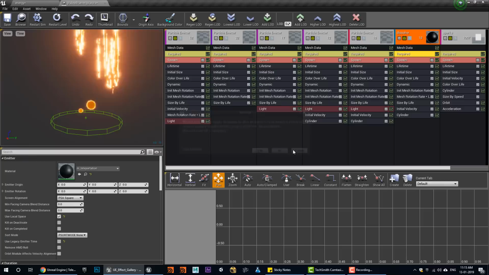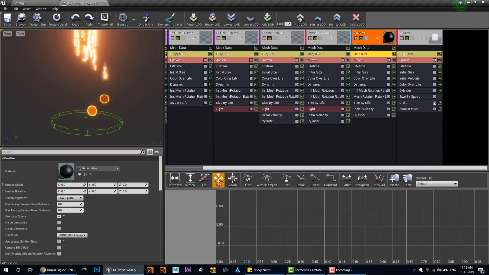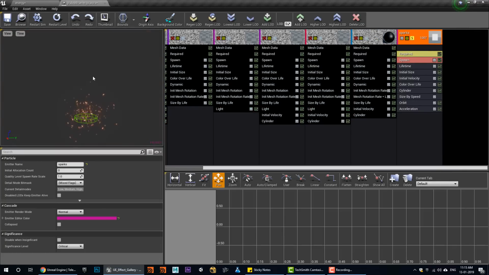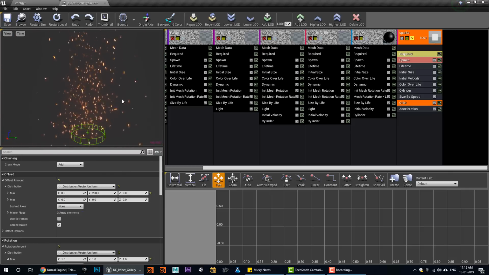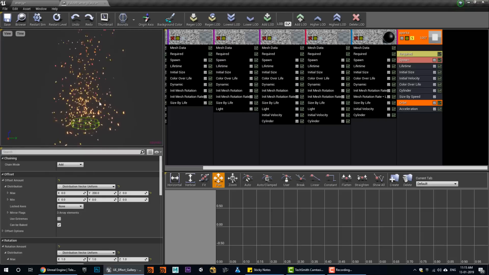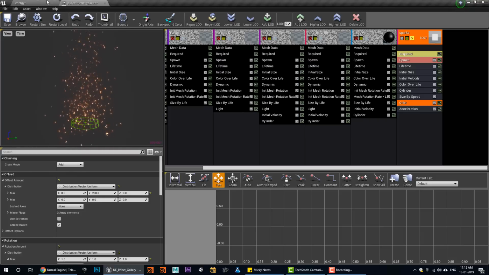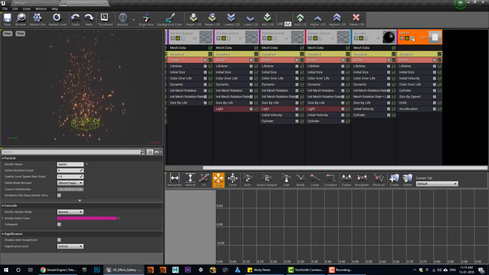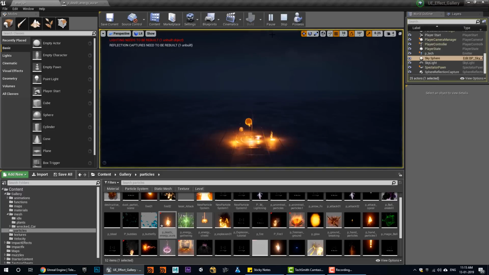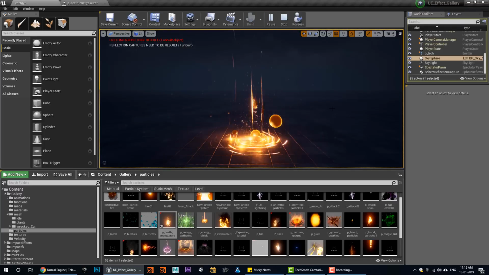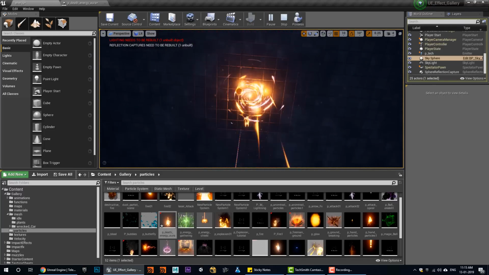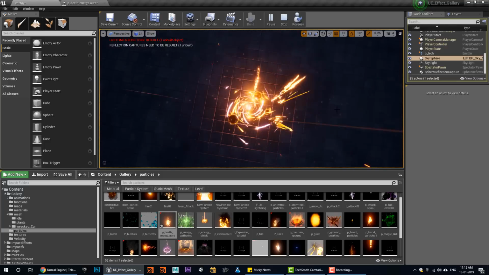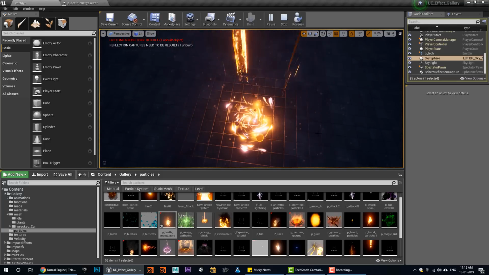Okay, then this is my spark. It's very simple, you can easily create this. I used orbit for random rotation. Okay, so overall this is my effect. It's looking really nice if you see the upward direction, and as you're going upward,